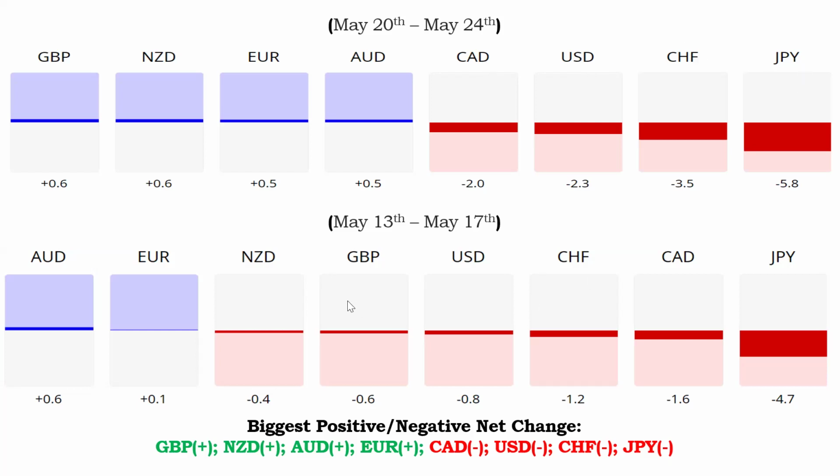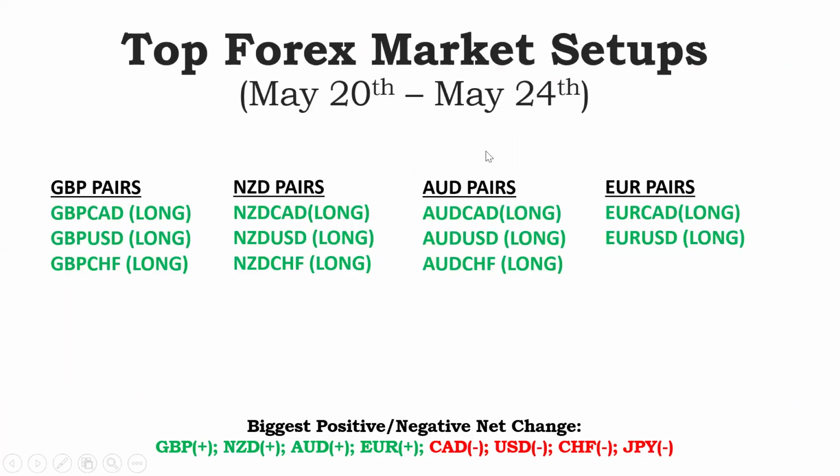But I'm going to show you the ones that I feel have the best potential into the week based on price action. Having filtered them out, I wouldn't be going deeply into how I sorted them. Into the week, there are basically four groups I'm looking to focus on: GBP pairs, NZD pairs, Australian dollar pairs, and Euro pairs, all going long. On GBP, I'm looking to trade GBP CAD and GBP USD.